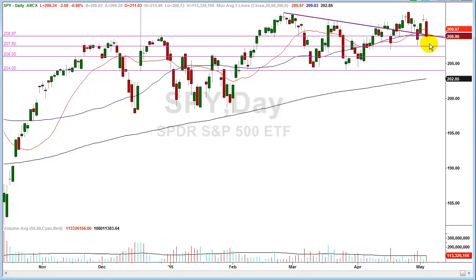208 is going to be pretty important, but 207.50 for the most part. If you start to come down, you'll know it when you see it. It's pretty obvious when it begins. But if we do pop up tomorrow and we don't close below this line, if we stay above this downsloping trend line, then the market remains in a bullish tone. So that's where we are. We pretty much have one more day to find out what the directional move is going to be.